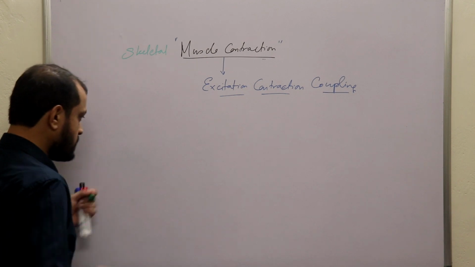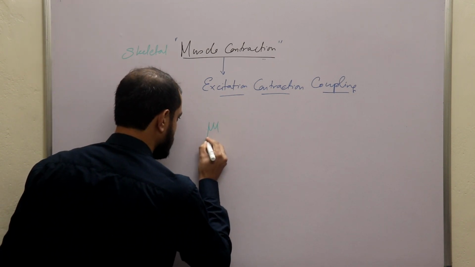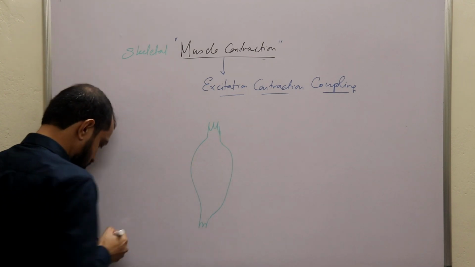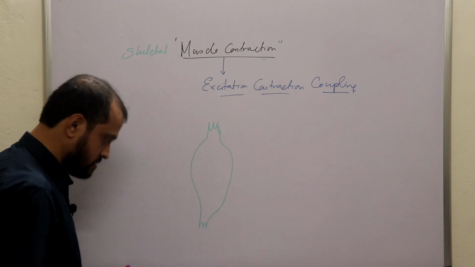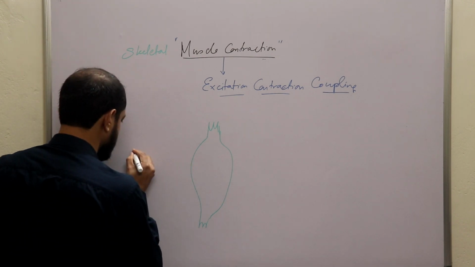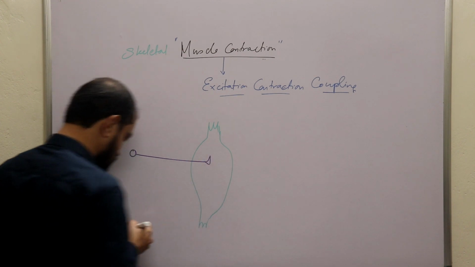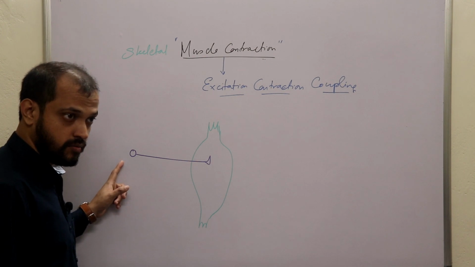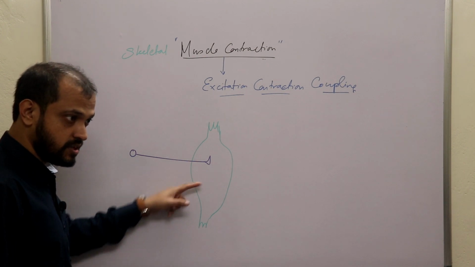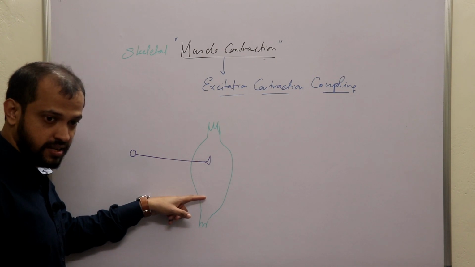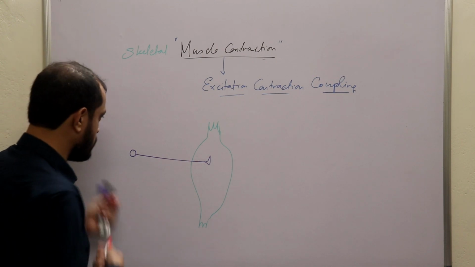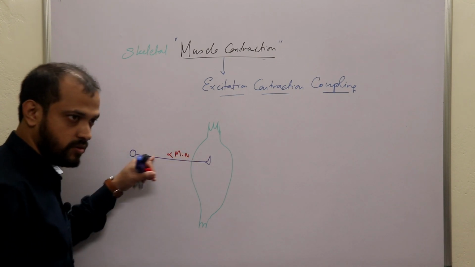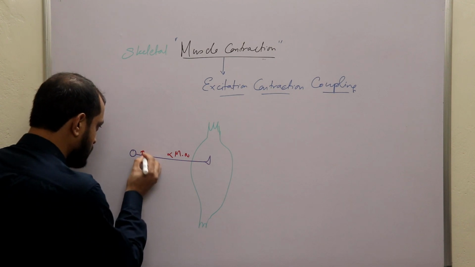Suppose this is a muscle, and this is a neuron. You already know that this is not the correct way to draw a neuron entering a muscle, because we have extrafusal fibers and intrafusal fibers inside the muscle. We have the alpha motor neuron. Suppose this is an alpha motor neuron, and whenever you excite this alpha motor neuron,